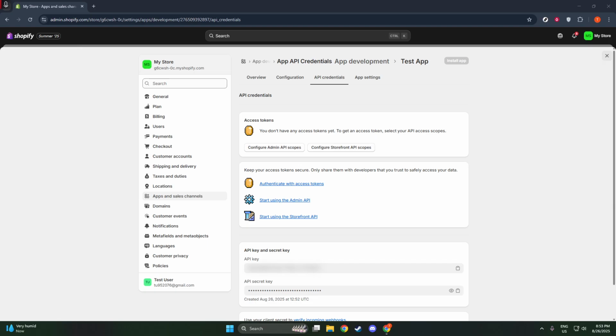By now, you should have a custom app created with the necessary permissions tailored to the specific needs of your Shopify store. These are the critical steps in integrating Shopify's API effectively, providing you with the tools to enhance functionality